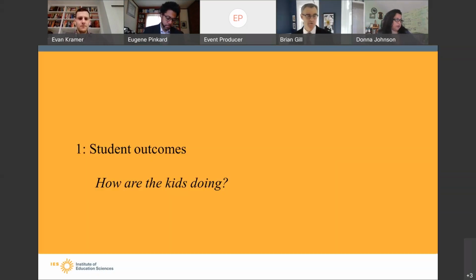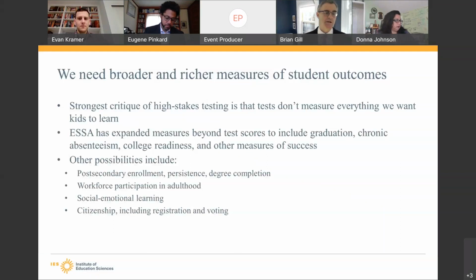So starting with student outcomes, you're all familiar with this. We're trying to understand how students are doing. And the first point to recognize is that we need broad and rich measures of student outcomes. So there are lots of critiques, of course, of high stakes testing. In my view, the strongest one is that the tests don't measure everything we want kids to learn.